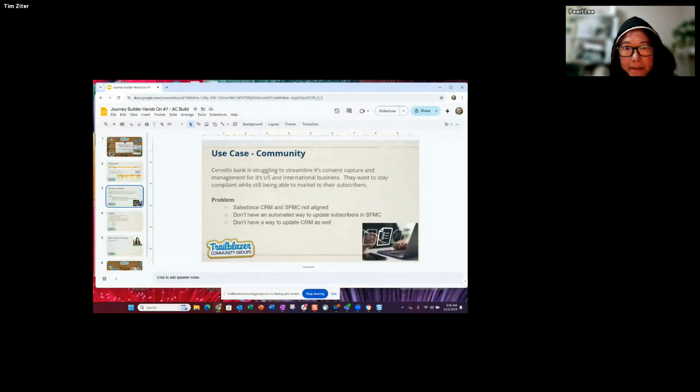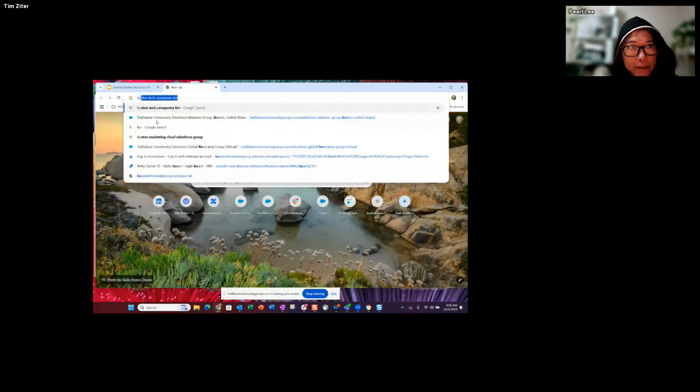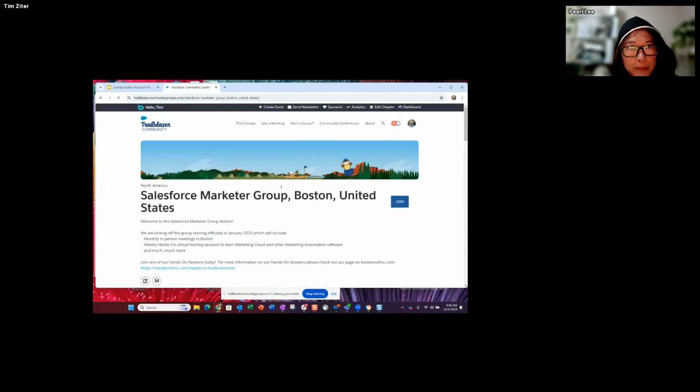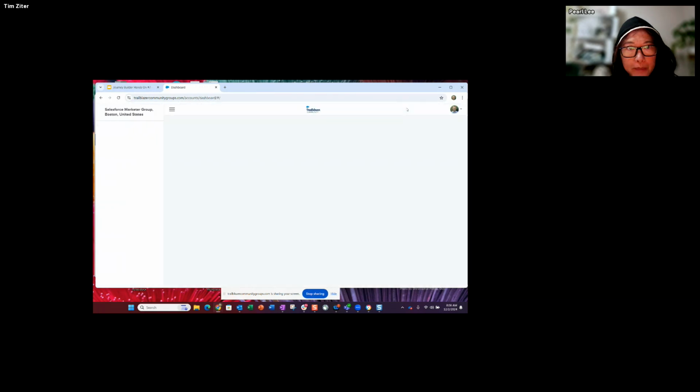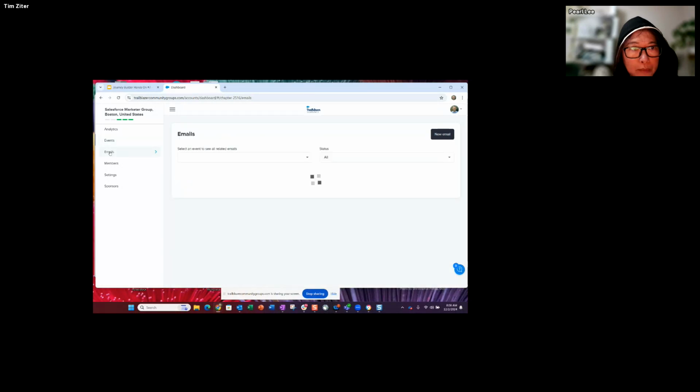So let's talk about this use case. I just want to go to the Boston community site and go into the dashboard. So when you're a community member, you can see this is sort of the back end of our community. And one of the things that you can see is all the members in the community.